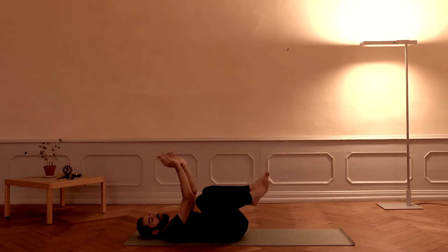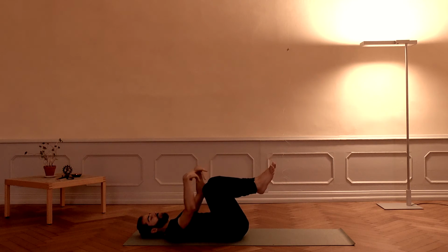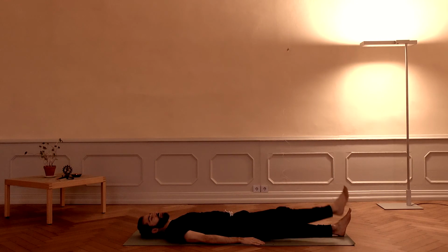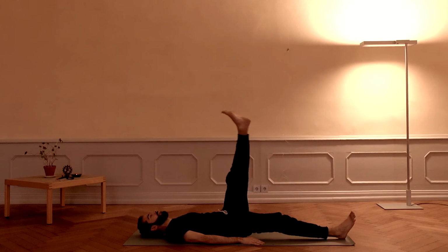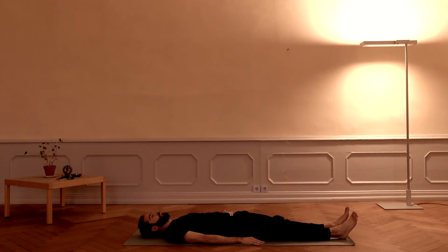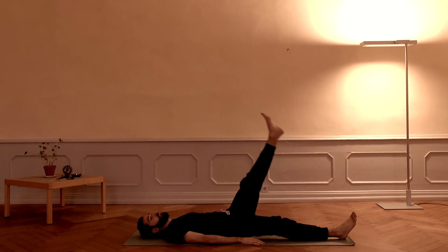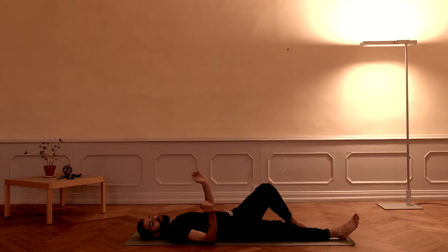From here, you put your arms between your legs and you just allow the gravity to work for you, opening your hips. You may stay in each pose as long as you like. Then you raise your right, then you change, inhaling up and down, inhaling up and down. And you may do this movement as long as you like. Okay? And then you roll